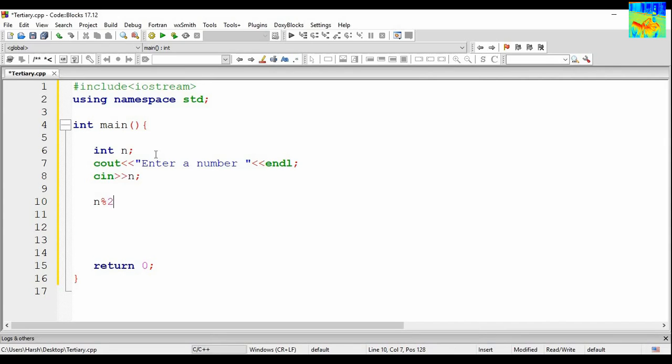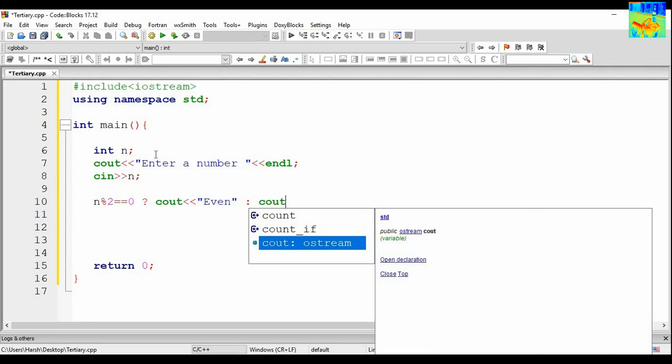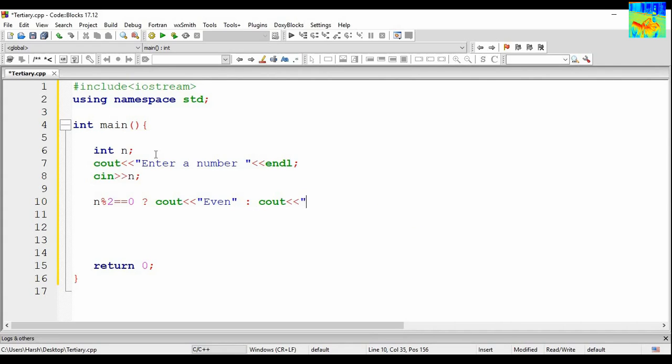So n mod 2 equals 0, this is my condition. If this condition is true, what do I have to do? That means my number is even. So cout even. And if this condition is false, then this number is an odd number. So cout odd, and that is all.